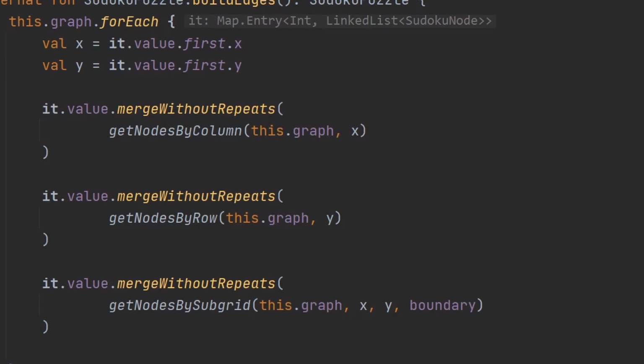Nodes which share a row may not have the same value. Nodes which share the same subgrid may not have the same value. Now, we haven't actually added any values yet, but we can still build the edges of the graph using these